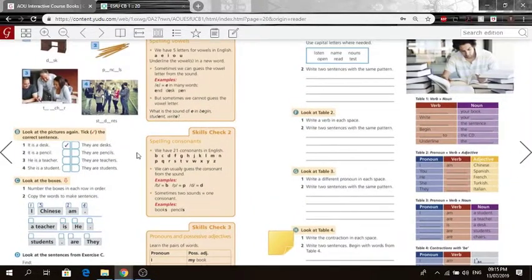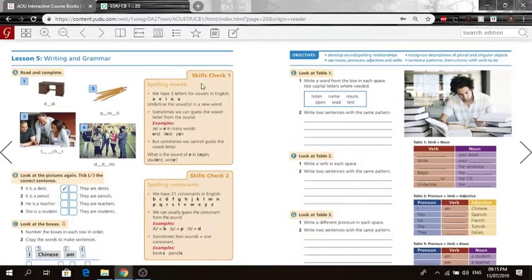Okay? So now let's go back a second to skills check 1, spelling vowels. So what are vowels? We have 5 letters for vowels in English. It's A, E, I, O, U. So sometimes we can guess the vowel letter from the sounds. For example, this E sound in many words. So end, desk, pen. These are all, you know, sometimes you can guess that it's a vowel from just pronouncing the word,